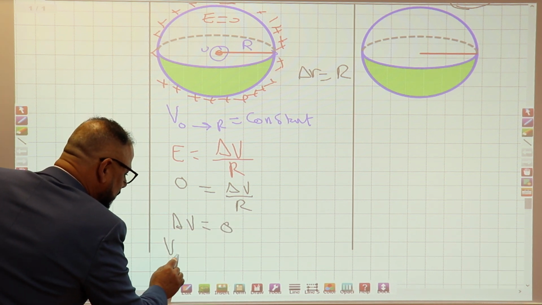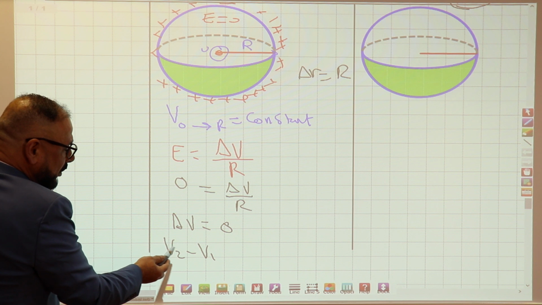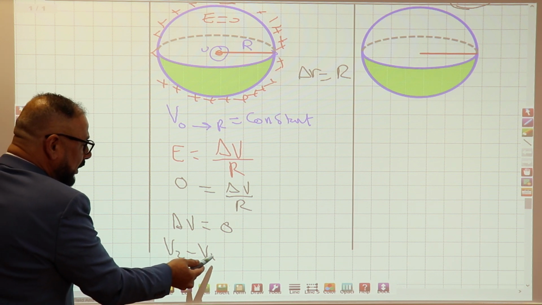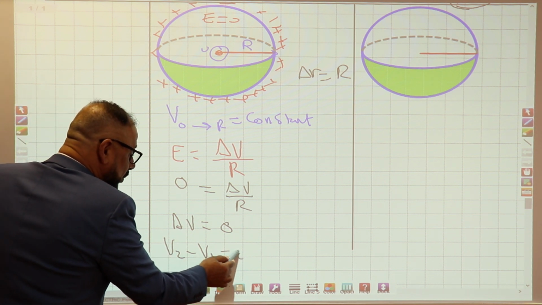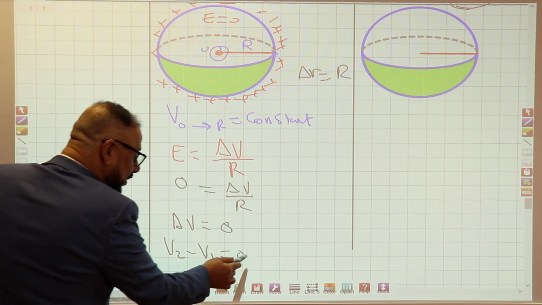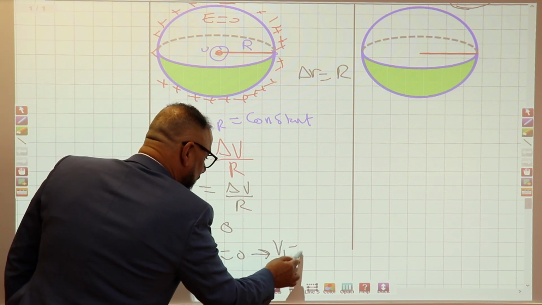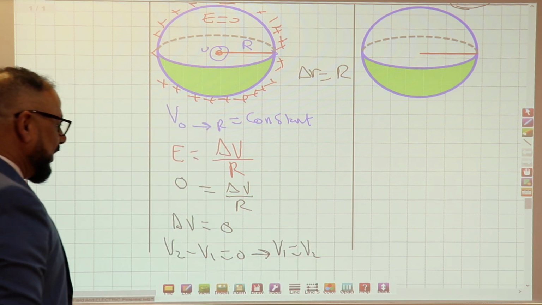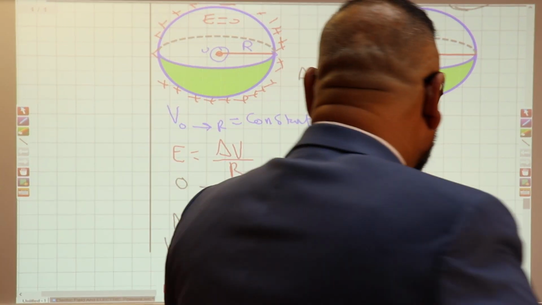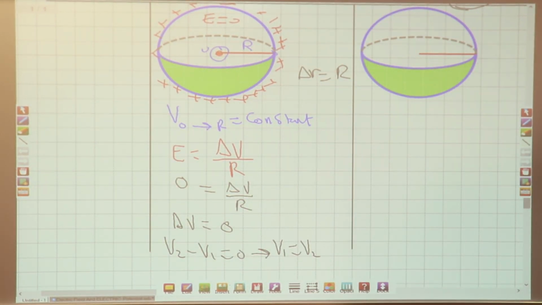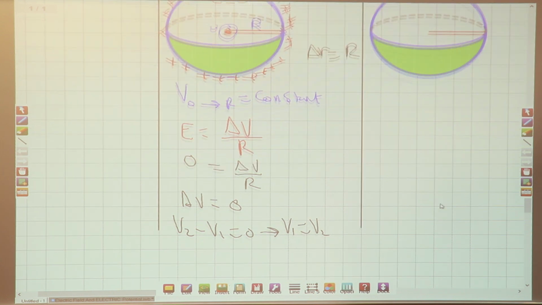Delta V means V2 minus V1, that is, the change in electric potential between any 2 points. For this change to equal 0, V1 must equal V2. Wow. Then if you take any 2 points, anywhere you want,